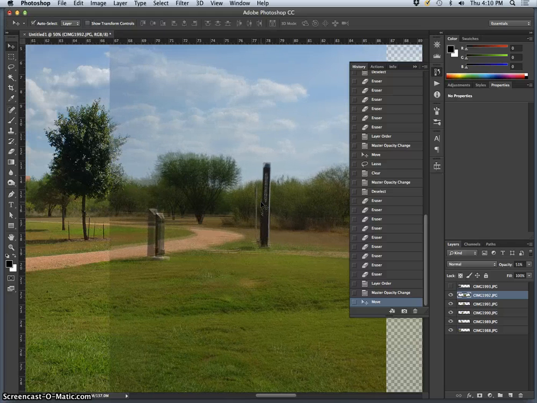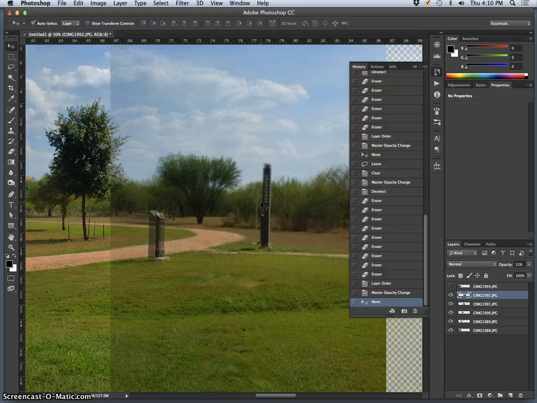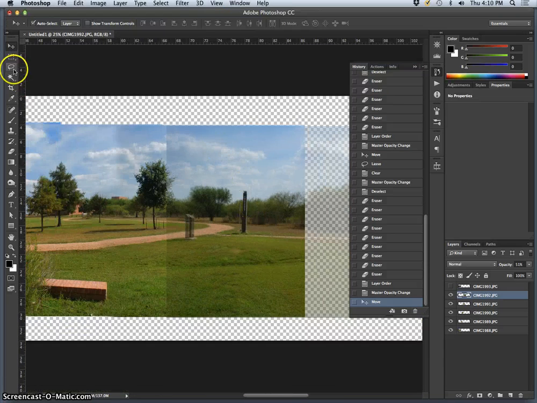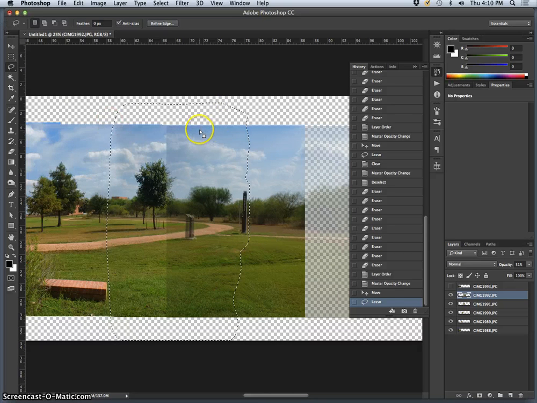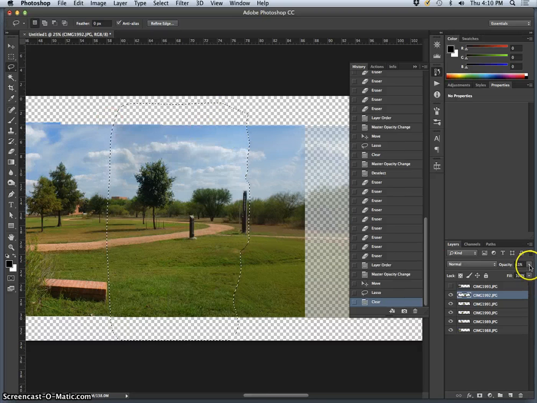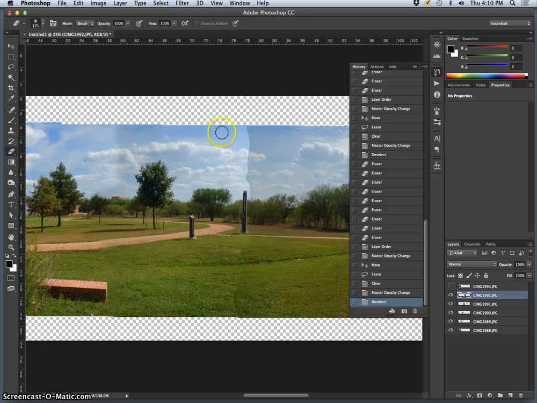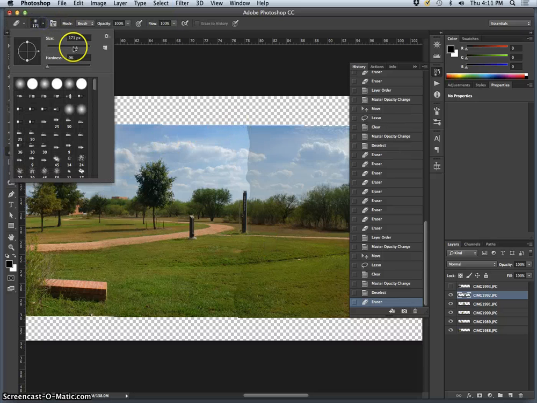Going too far. And I'm using the arrow keys to kind of nudge it with the move tool. Okay, and then I use my lasso. I do a rough cut within the mid area here. I delete, take it back up to 100%, use a soft eraser. If I want a really subtle